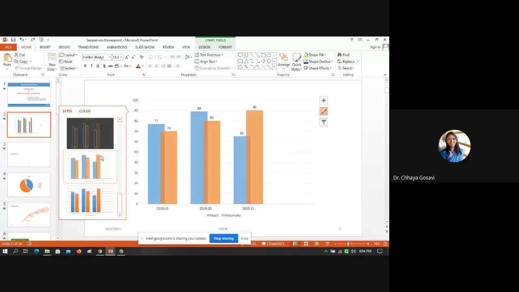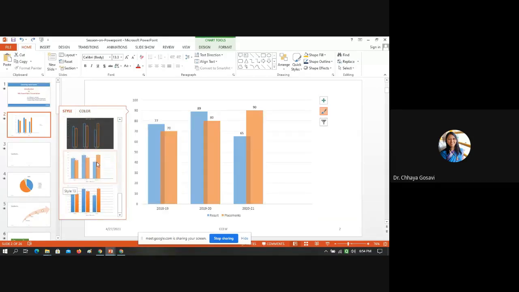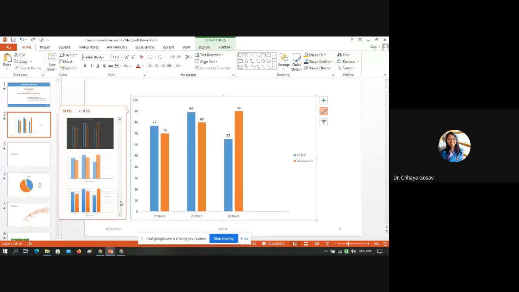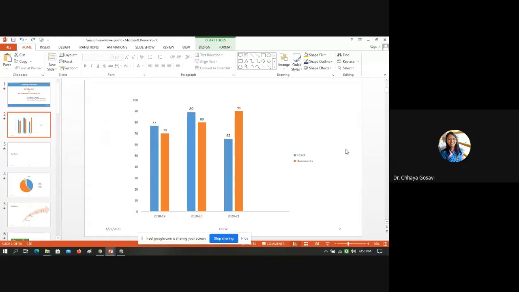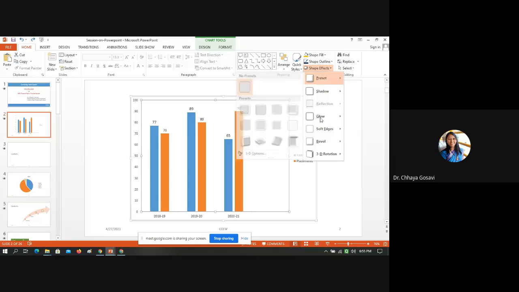Styles you can change, like if you want to show this graph with overlapping bars or like this, or just click here. These are inbuilt styles, or you can choose your own style by clicking on this graph and shape effect. You can give a 3D effect.